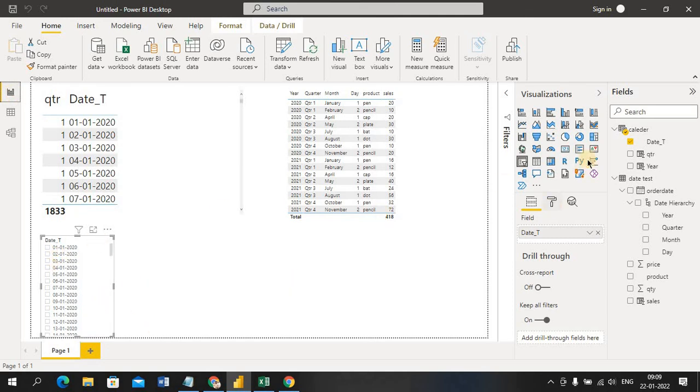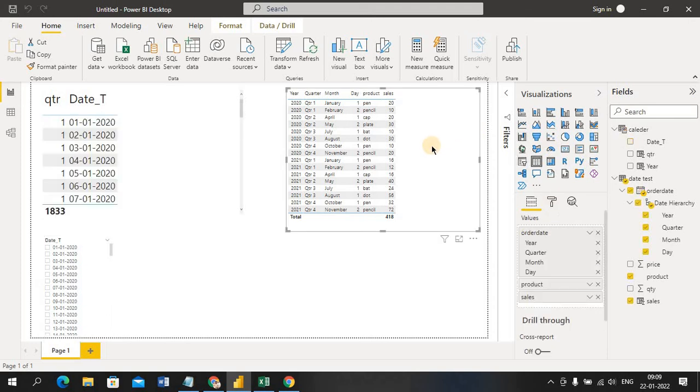So if I bring, you can see for this table I selected these columns from the data set. I'm bringing one column from this calendar table, right? From this I'm getting this column, I'm going to bring it here.